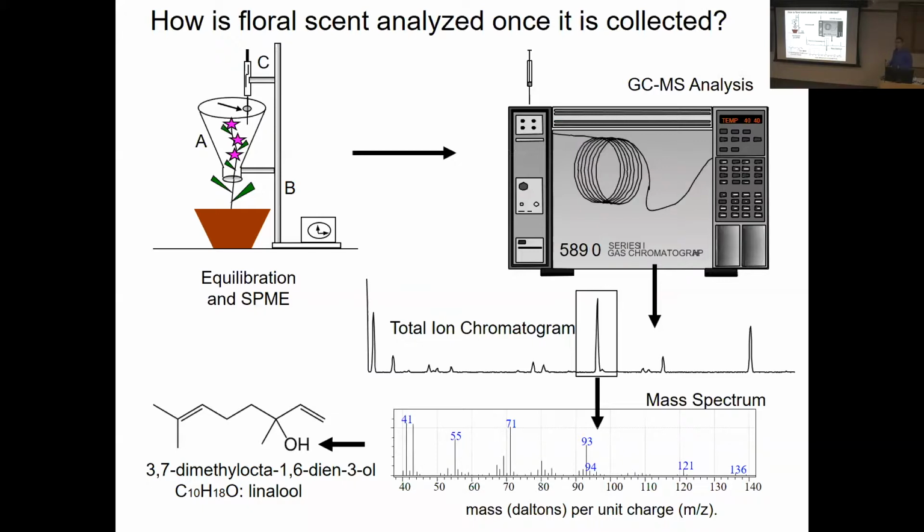What you do then is you buy the standard, or you make it if you can't buy it, and you co-inject it with your sample. And if they share a retention time, you do it again on another compound, another column, another stationary phase. And if they're always co-eluting, and then you go and look at the possible isomers or the other compounds with similar mass spectra, and you demonstrate to yourself, to your own satisfaction, that they're not all co-eluting at 11 minutes or whatever this is. Okay, and so you can go on to use IR or NMR to identify these things,